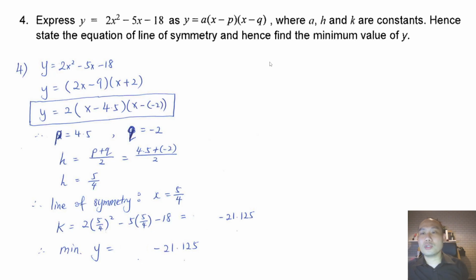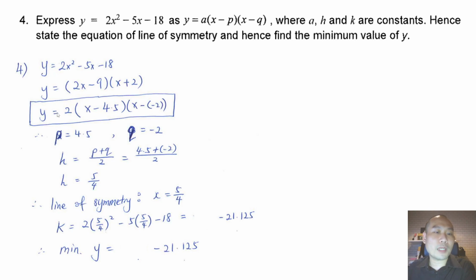So we are going to just perform factorization, which is of course a technique that you have learned previously, right? You can just use the cross method here. After factorizing, we have this, but of course you realize that the coefficient of x in this factorized form is actually 1. So what we need to do here is, after we factorize this 2x minus 9, I need